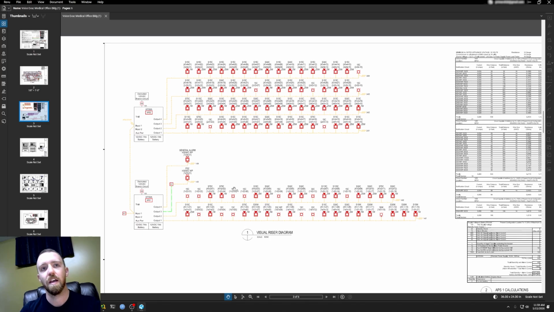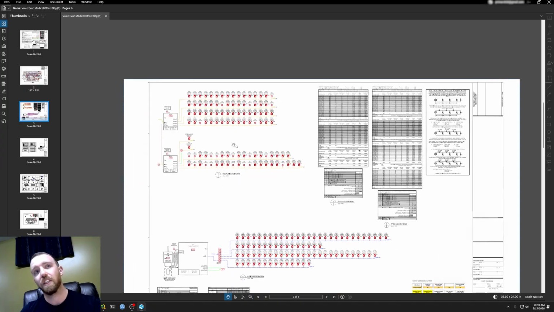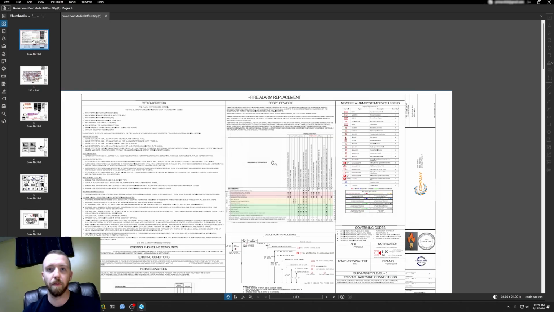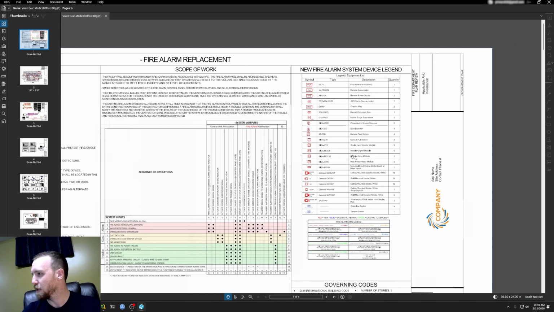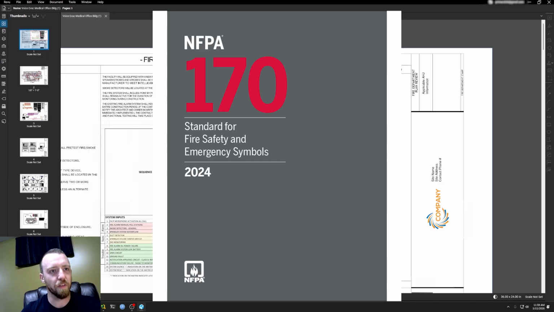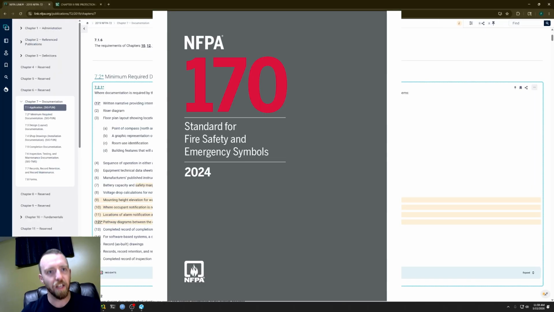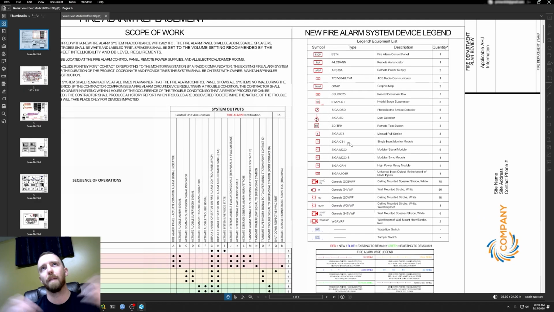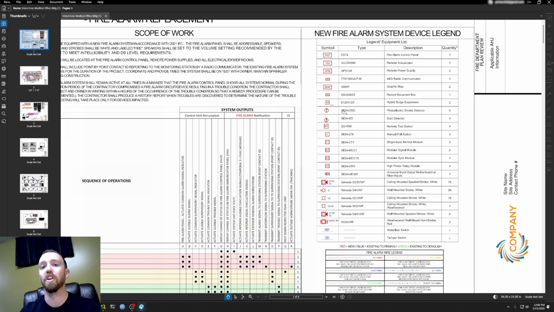There are so many acronyms. To bring that down, I find it useful to go back to the symbol legend. Every plan set should have a symbol legend that outlines exactly what each symbol represents, and it should be in accordance with, I think it's, what is it, NFPA? It's not the electrical code. I don't remember what it is off the top of my head. I'll have to get back to you, but there's a certain standard that it has to be designed to, where each symbol has to be represented. There's some play there too, because you get some designers that get a little creative with their symbols, and as long as it meets the intent of the code, then you have some leeway there. But for all intents and purposes, it should look, in theory, like